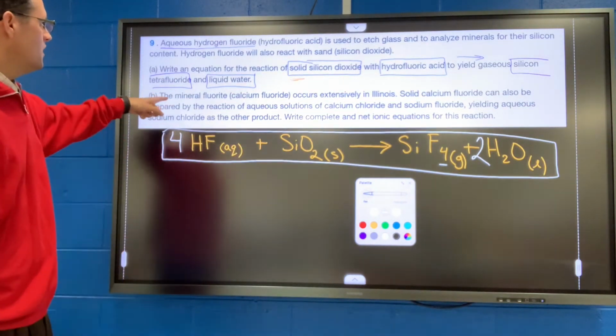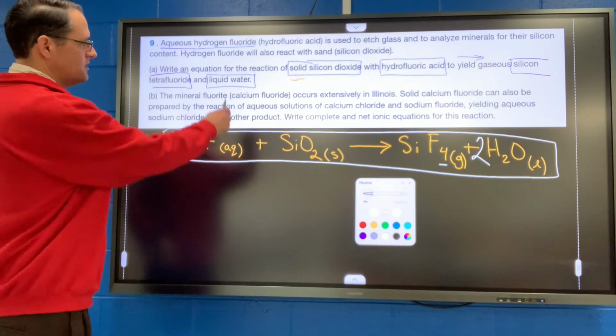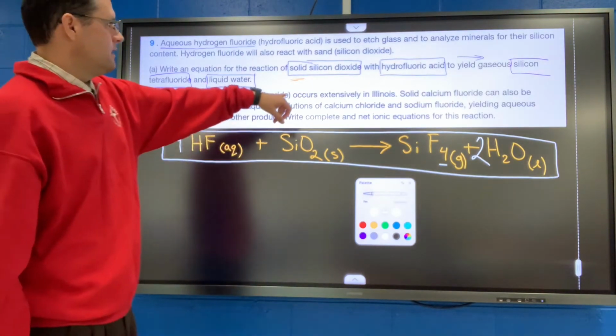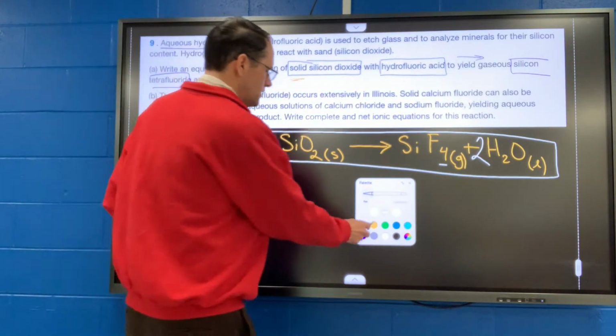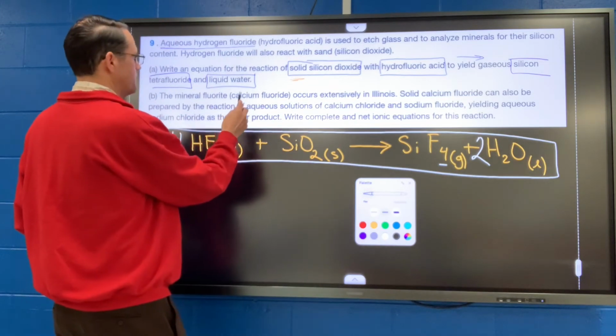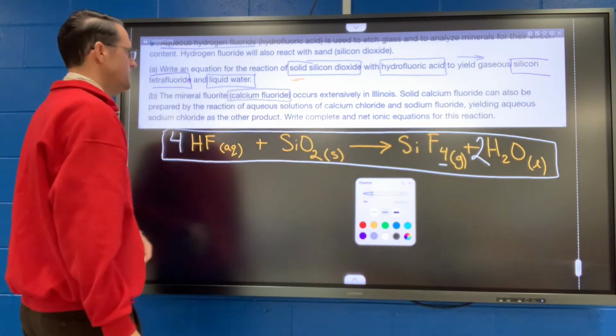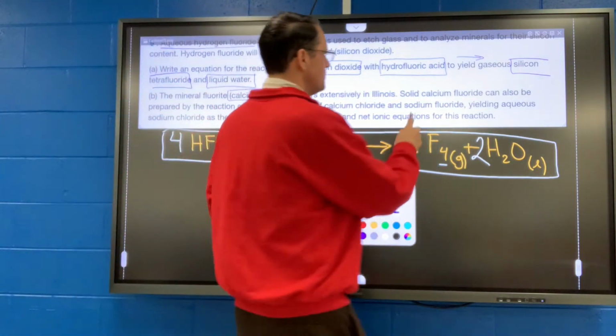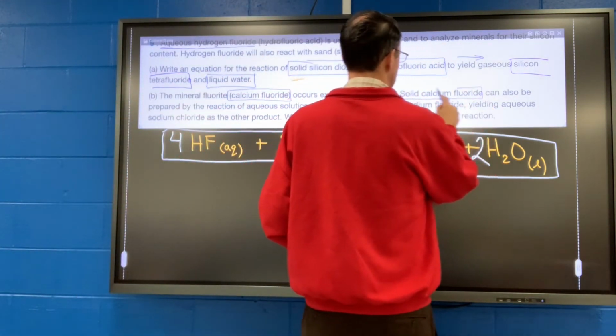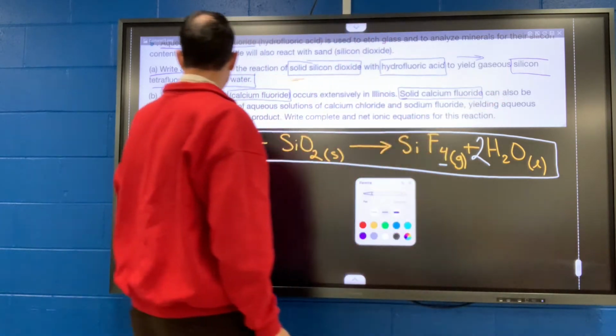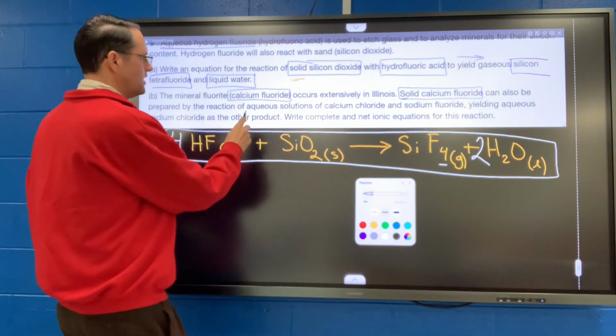In part B, we have the mineral fluorite, which is calcium fluoride, which occurs extensively in Illinois. A lot of this is literary license. We're just gonna box up the important words here. Solid calcium fluoride can also be prepared by the reaction of aqueous,